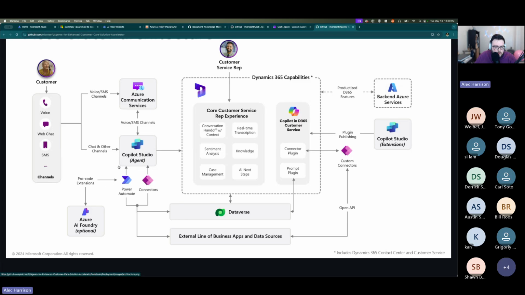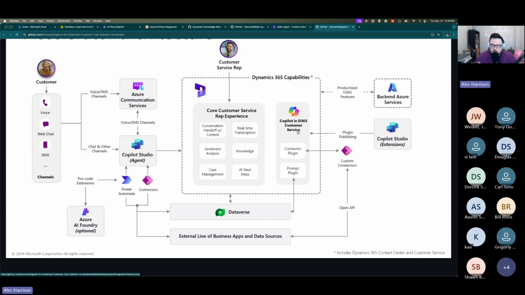There's also some pro code extensions here. So this is how they're trying to show a low code, no code developer can also interact with a professional developer, I think that's the phrasing they use, so that you can then match the two together and have extra extensions. That's what this is kind of showing: maybe we have some Power Automate or other connectors that are feeding into here that can then go into Dynamics. So Dynamics could say, hey, here's the conversation with handoffs, sentiment, case management, all that sort of fun stuff that can go to the customer service rep, who can also then get data out of the Dataverse.